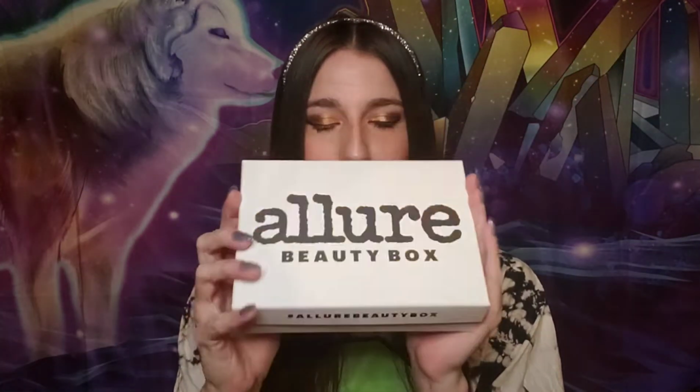Today I'm going to be unboxing this Allure beauty box. So to start off, we have a beautiful red paper. Now this box is supposed to be a mix of beauty and skincare products. I personally prefer mostly beauty products, but I'm interested to see some of the skincare products in this because I